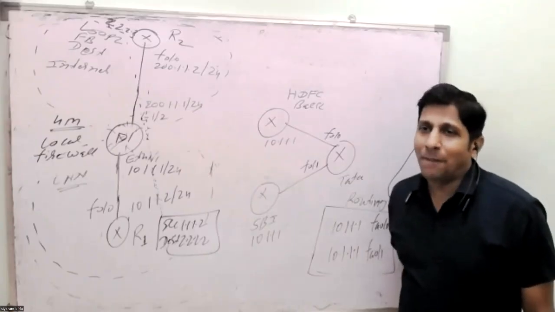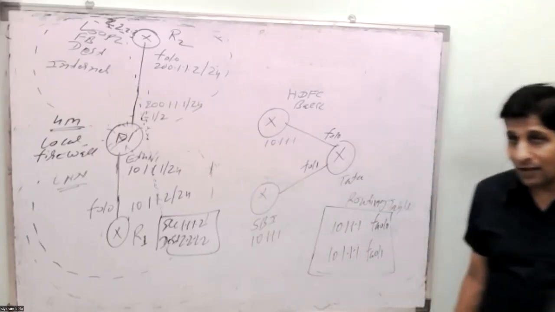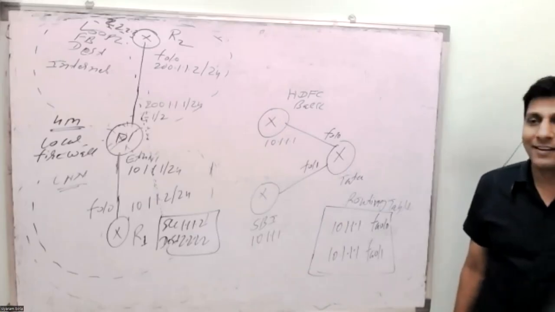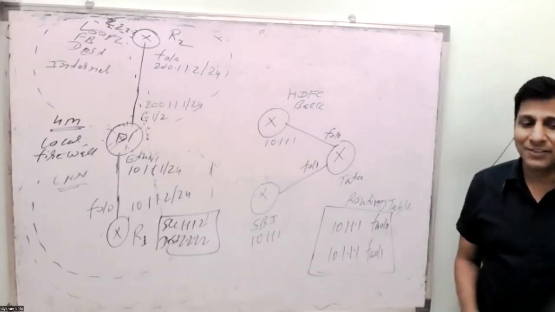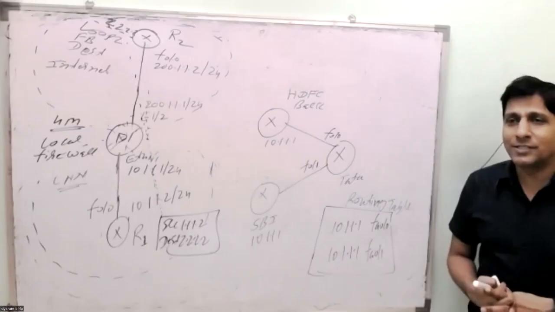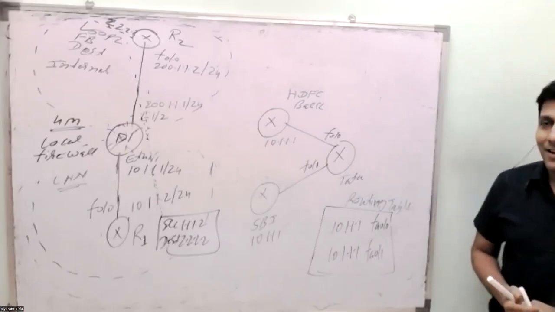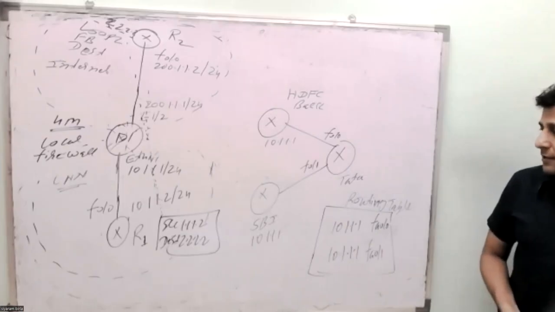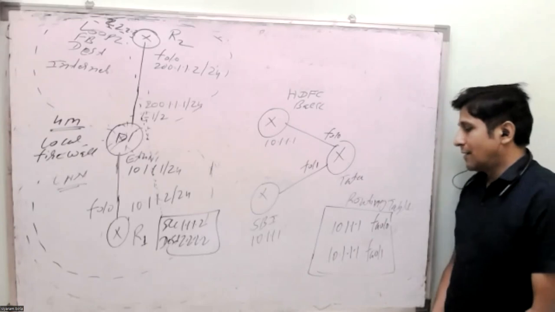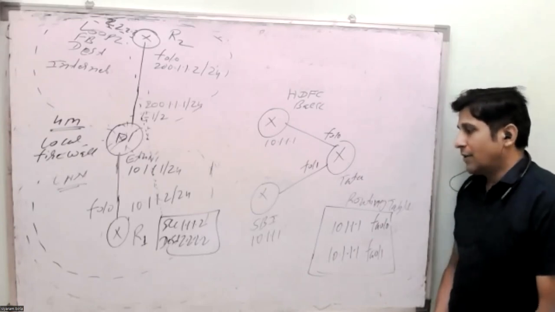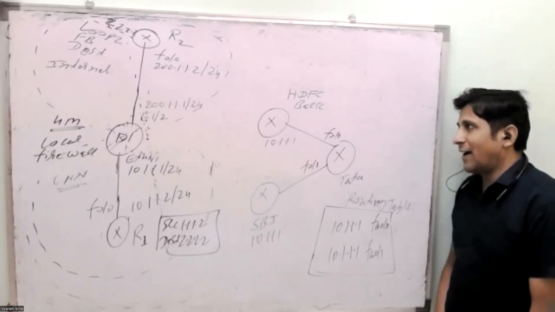So what will we do? We can use a sub-interface, VLAN. The VLAN is created in the switch, but on the router it is a sub-interface. We can take a different range. I mean, one is given to HDFC, two is